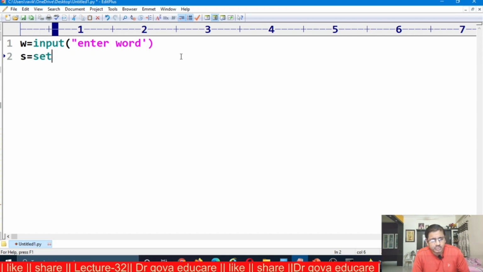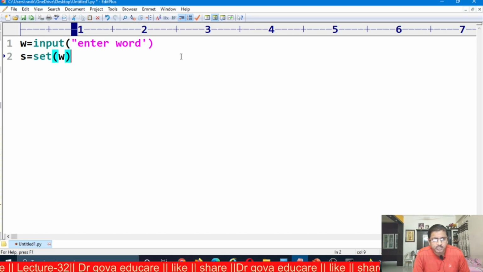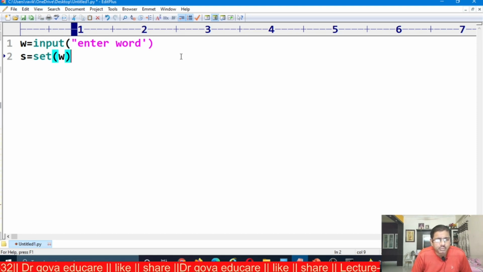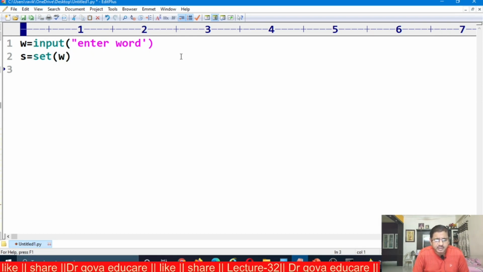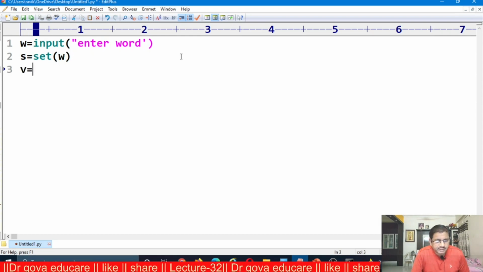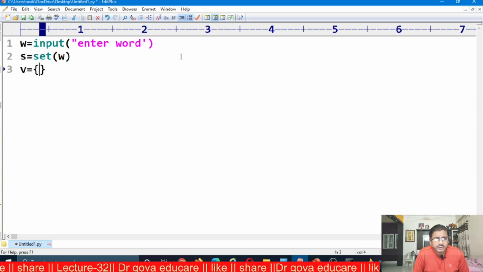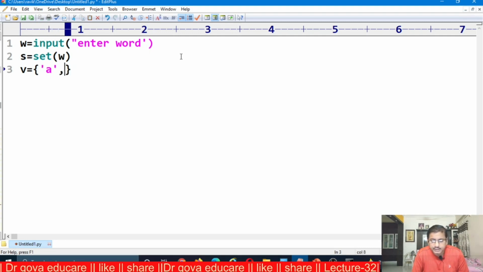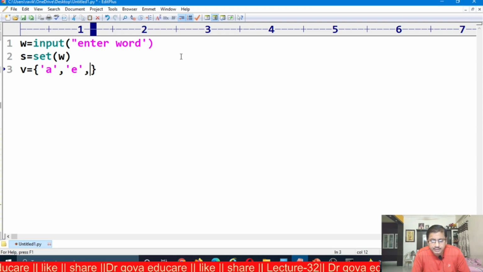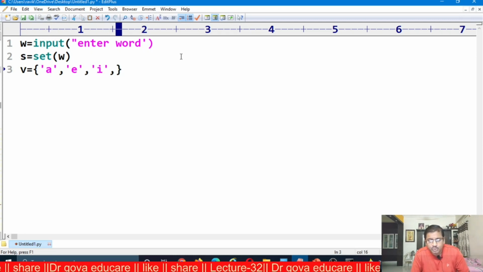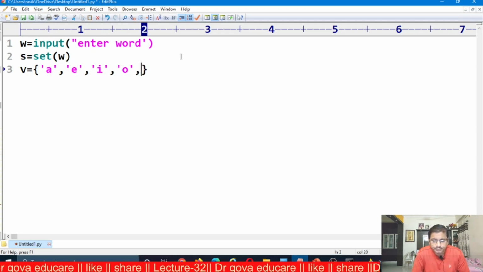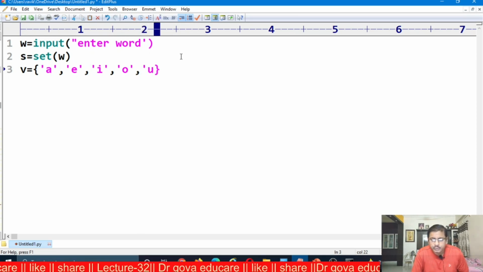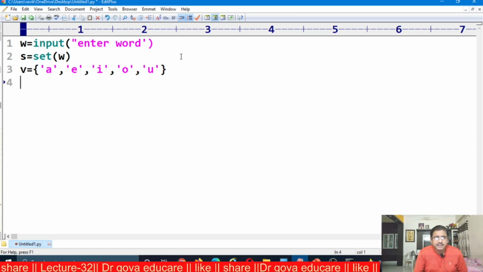S is equal to set of W. Now the entire W, which is a string, is converted into a set. I am creating one set containing vowels. Now the vowels are A, E, I, O, U. This is the set.